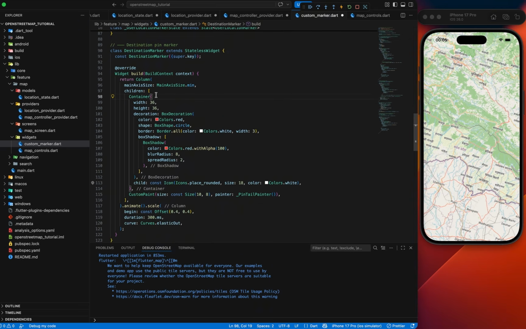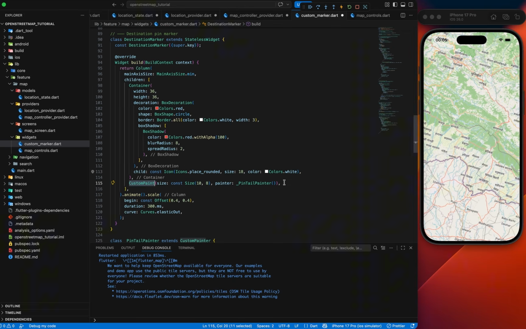This will be the main red pin. Here until here, this will be the main red pin, and it will be the location icon. This is the custom painter. We will use the custom painter to design this custom marker. By using custom painter, I will show the custom triangle painter that we have seen in the demo,